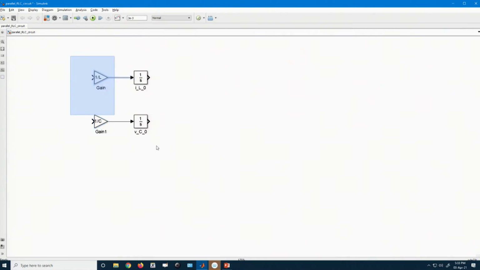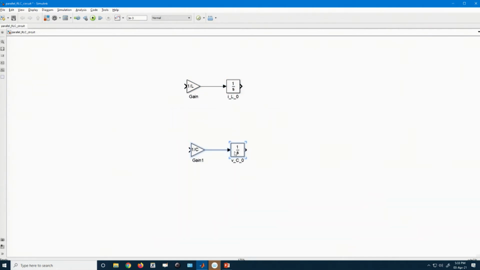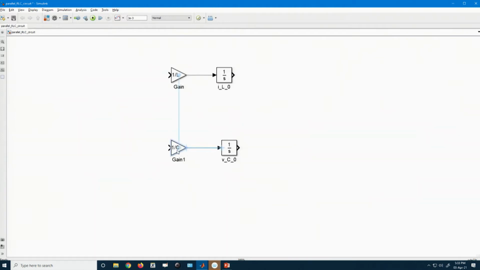So, now on the left side we have capacitor current, and on the right side we have the other. So, this side is capacitor current, this side is inductor voltage, this side is inductor current and this side is capacitor voltage.